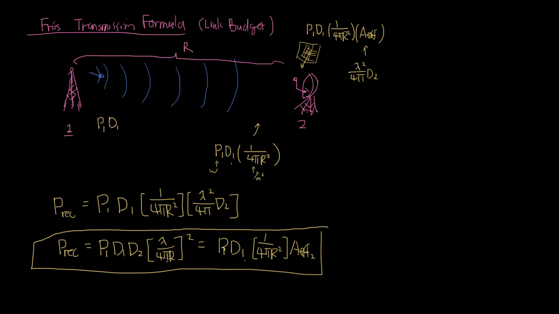Because this 4 pi r diffusion is also, through the effective area formula, normalized by wavelength. So as you go further and further away, you're looking at it in units of wavelength, and you're going to suffer greater and greater losses due to power diffusion. So where else can you make up for that? Well, your receive and your transmit power is now even more constrained because of the way